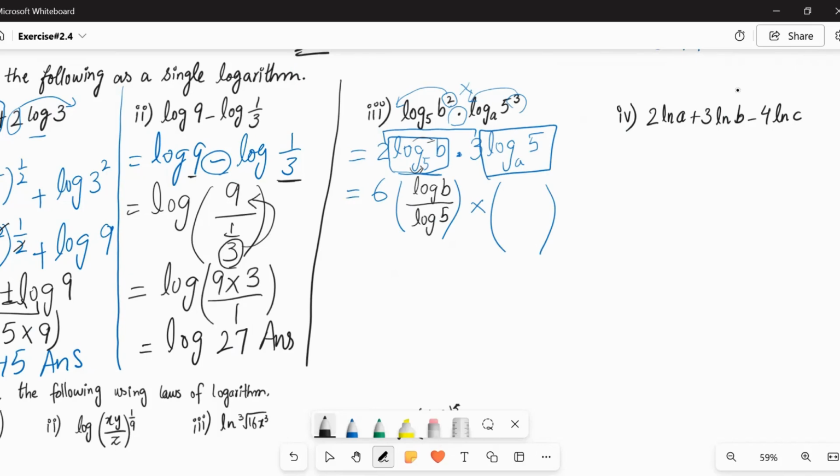अब similarly आप इस वाले टर्म को एक्सपैंड करें. कैसे करेंगे आप? डिवाइड होगा ये, और log आपके पास न्यूमरेटर में भी आएगा और डिनोमिनेटर में आएगा, राइट. अब यहाँ पे जो न्यूमरेटर में वैल्यू आएगी वो आपके पास आएगी the main one, the value which is 5 over here, और डिनोमिनेटर में आपके पास जो बेस में वैल्यू है which is a over here, वो आपके पास आएगी. Easy. इस तरीके से आपने इसको एक्सपैंड करना है. बेसिस की एक्सपेंशन इस तरीके से होगी. Now see, यहाँ पे क्रॉस मल्टीप्लिकेशन हो रही है. log 5 and log 5 will cancel out each other and you are left with log b over